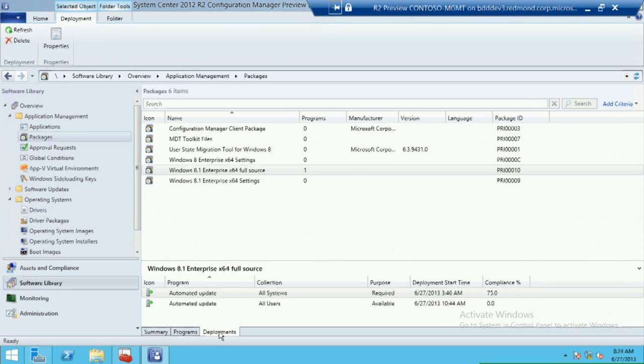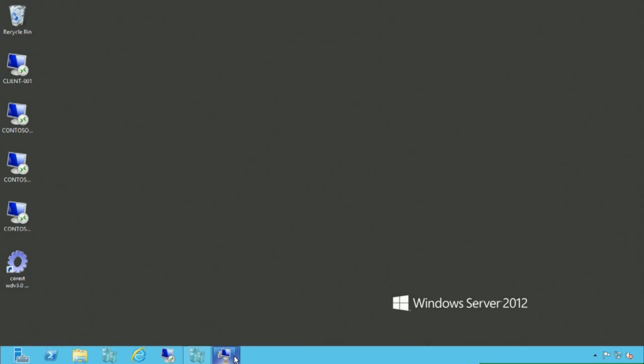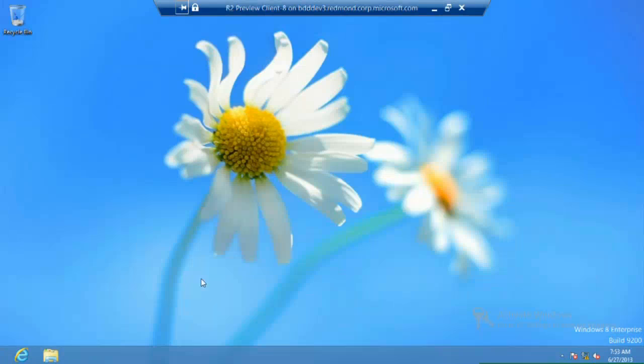So the second one, in this case, I'm deploying it to all users, which is kind of what MSIT is doing. They're making it available to all users so that you can go to the application catalog, select it, and click Install. You could also target all systems as a mandatory or an optional advertisement and then use the Software Center to install it. So you have a few choices there. In this case, I chose to target all users so that I could get to it from Software Center or from the application catalog. So if I go over to my Windows 8 machine,